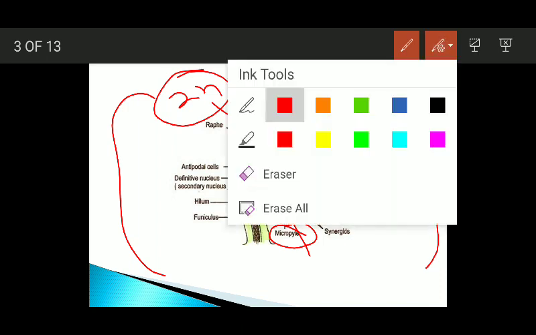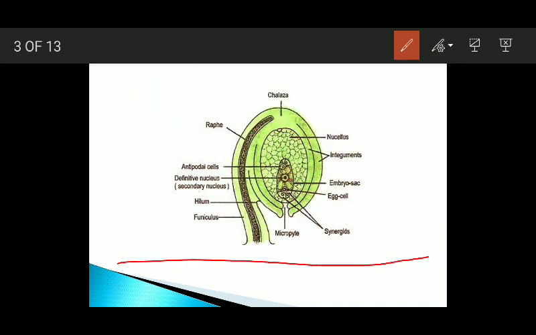Now the point, say this is the ovary wall, the point where this funiculus or stalk attaches the ovule to the wall of ovary, this is known as placenta. The region of ovary wall where funiculus gets attached, this is known as placenta, and the region